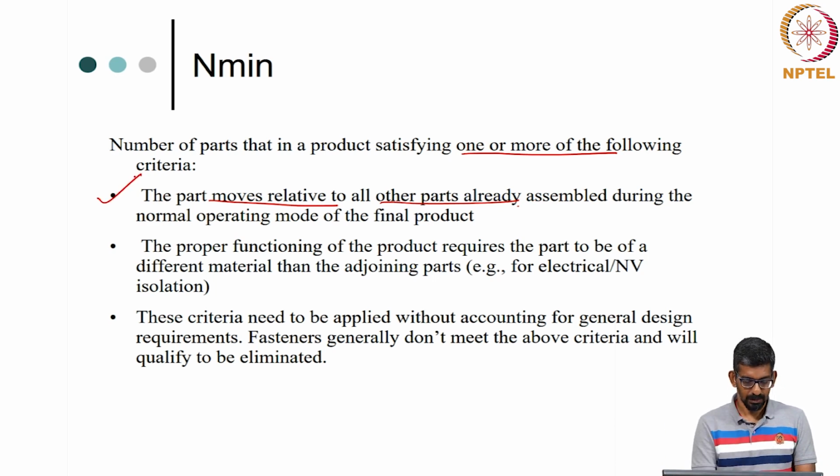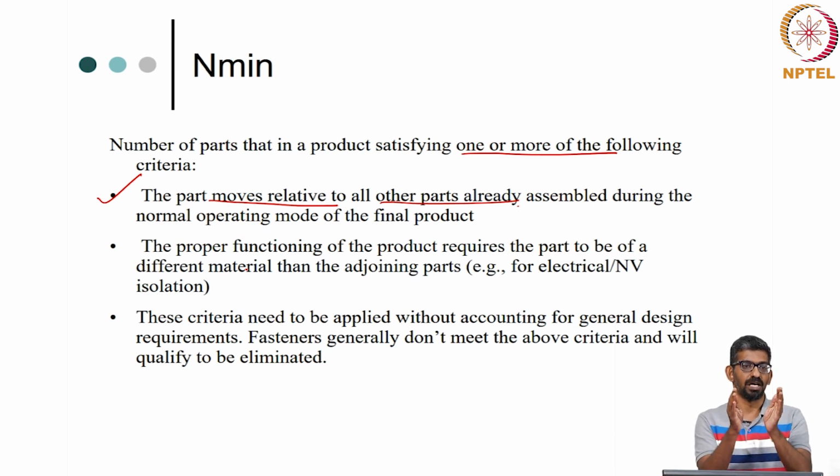Bullet 2 is that the proper functioning of the product requires the part to be of a different material. This is something that we spoke about yesterday. You take any strength of materials based software like finite element software, they all talk only about the performance. They never ask, you are giving me 2 different material models, is it possible to merge them? That is not within the scope of finite element. Finite element just asks for the property of the material, and it will take the loads that you apply,